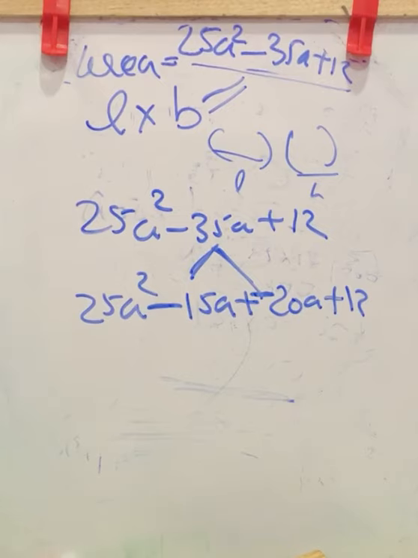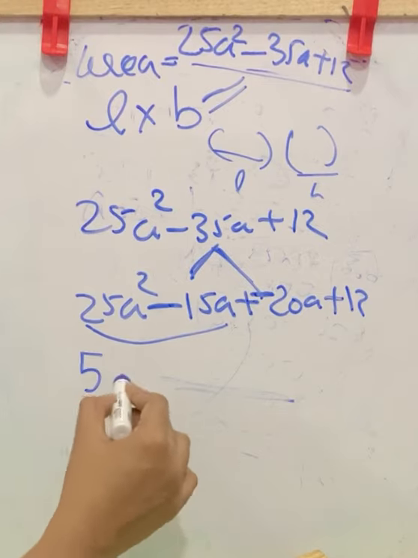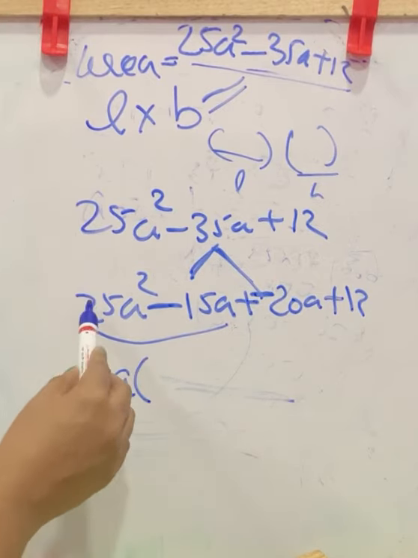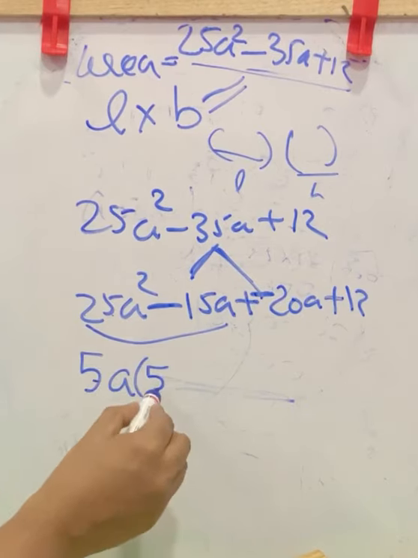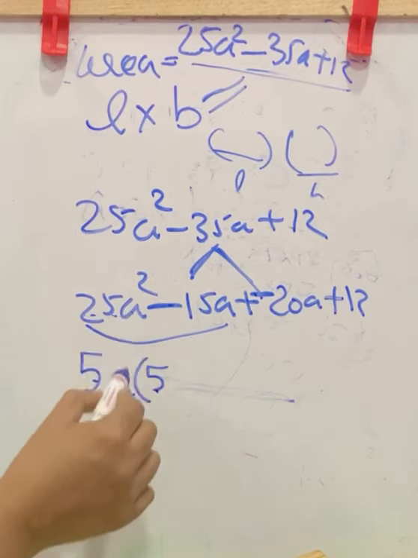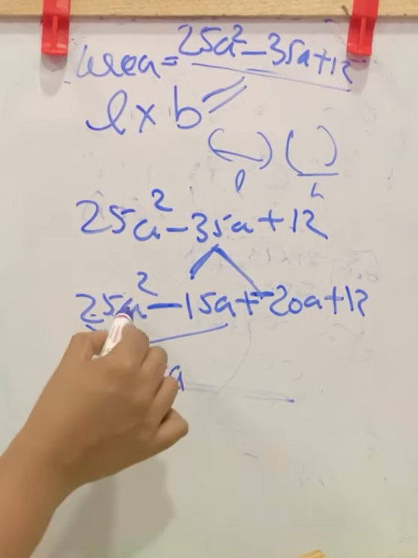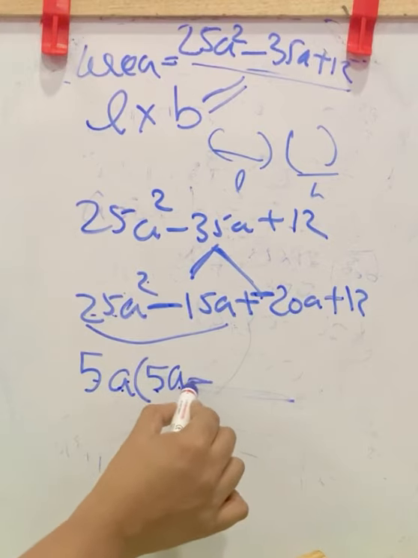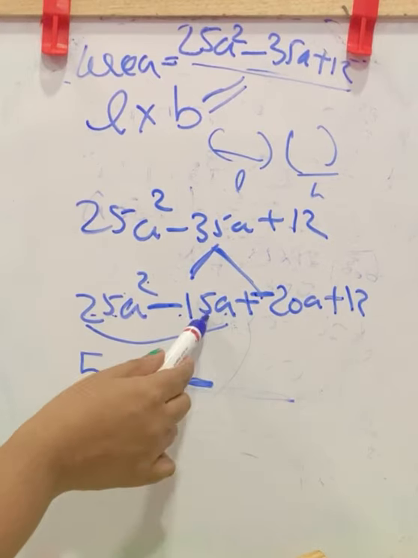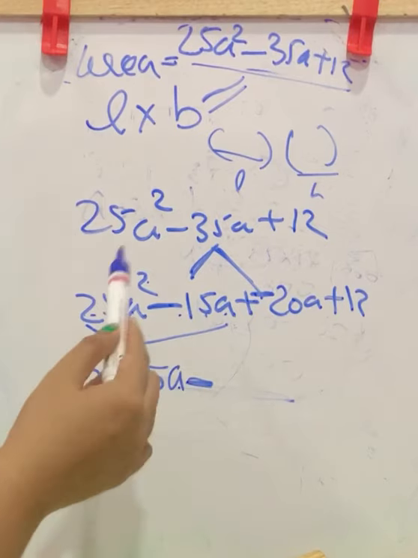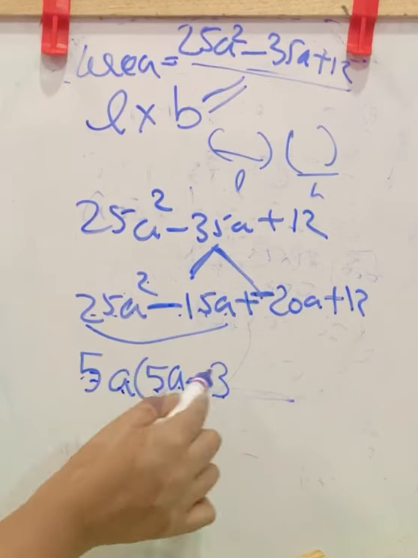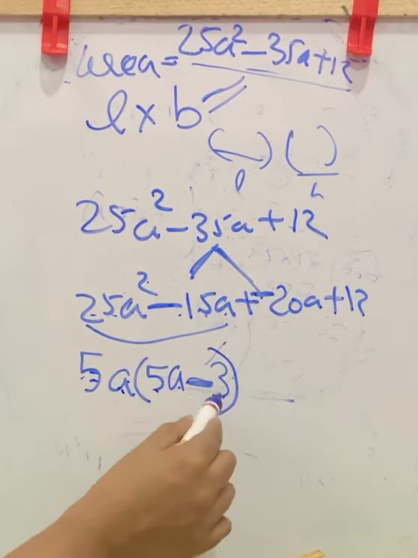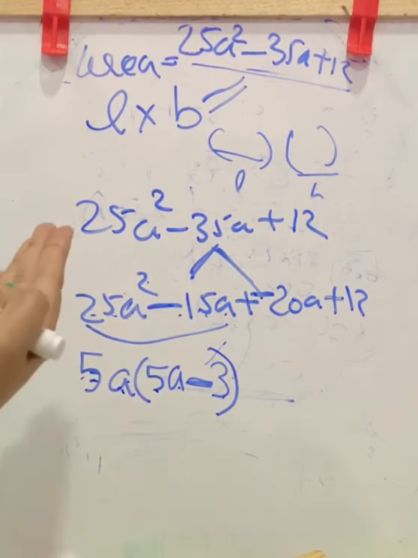Now the next step was, from the first two terms you take the common factor. Here we have 5a as common factor. So when factor 5 is taken outside from 25, the balance will be 5. That is 5 into 5 is 25. Now a is taken outside, balance will be a. A into a, you will get a square. Now minus is here. From 15a, 5 is taken. Now what factor is multiplied to 5? That is 3. 5 into 3 is 15. Now already a is taken, so we don't need to write the variable here. Close the bracket.